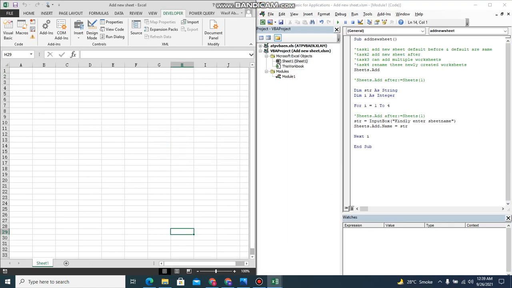So that we can check what will happen, now we type Before and Sheet 1, because we have one sheet by default in our workbook. Again press the F8 key, and now sheet 3 has been generated towards the left. So it means that by default and Before are the same. If we want our newly created worksheet to be added to the left of the main sheet, we simply write Sheets.Add. We don't need to add Before.